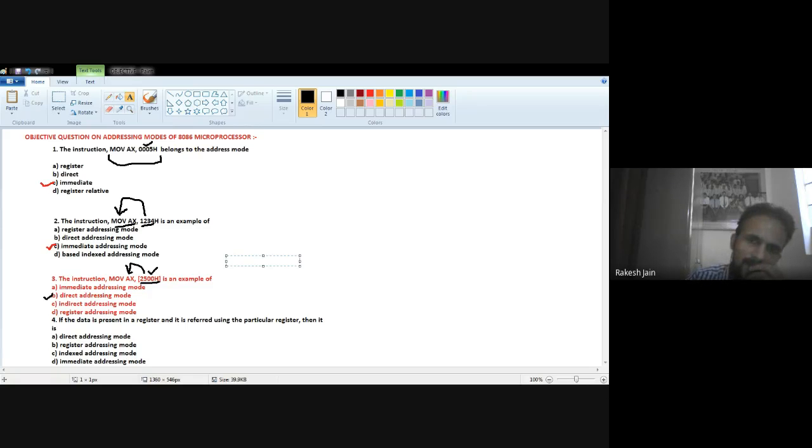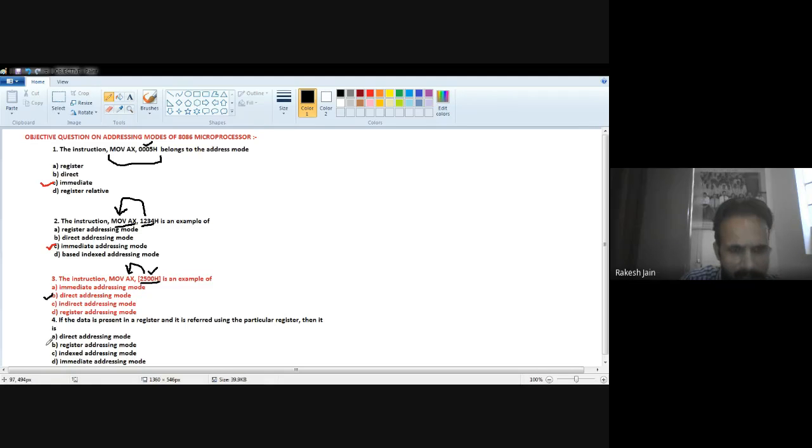So maybe it will be referred by register AX. So how will you write down the instruction? According to this statement, MOV AX, BX, where BX holds some data. So which addressing mode is this one? It means the transfer occurs between the registers. That's why it is definitely a register addressing mode. So I have to click on register addressing mode. Then I come with the next example.